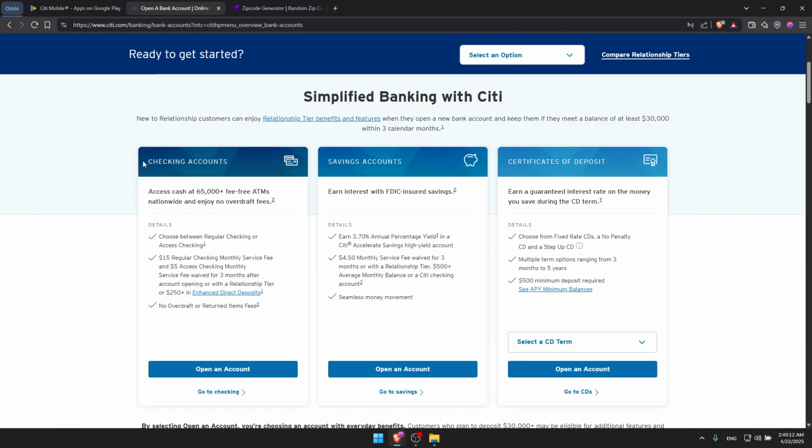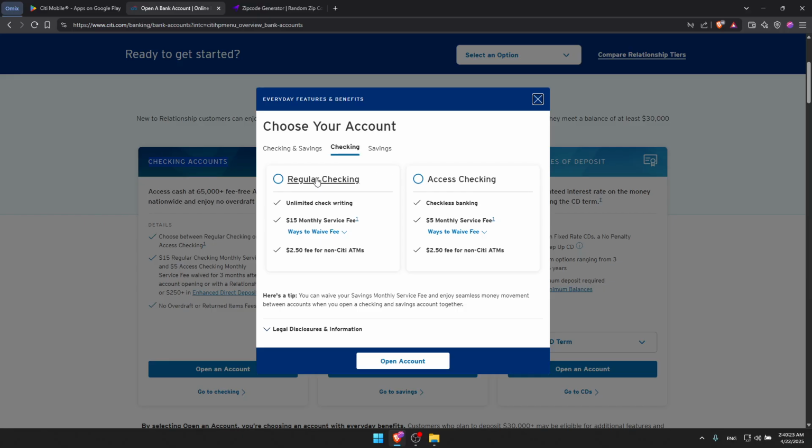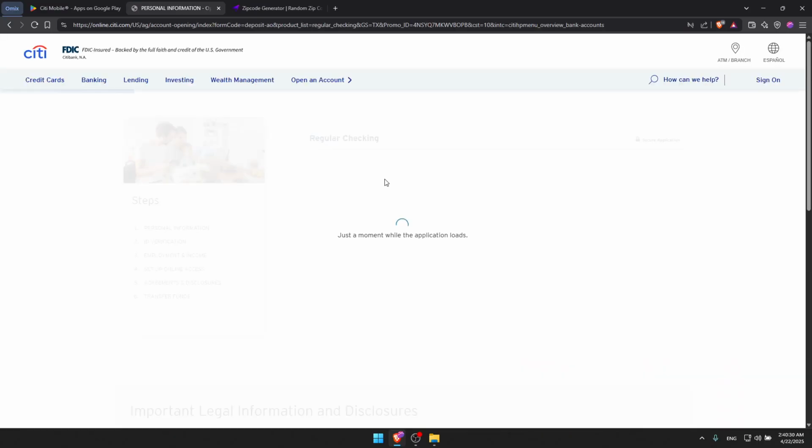And yeah, so as you can see, you can apply for a checking account, savings accounts, or certificates or deposits. Of course, depending on whatever you want, you can simply go and click on open accounts. As an example, a checking account, click on open accounts. You can choose regular checking or access checking. So as an example, I'll just choose regular here, click on open accounts, and then I'll have to follow the steps